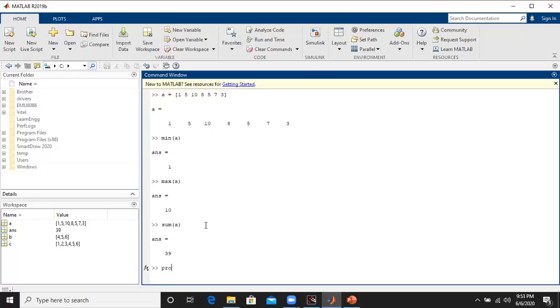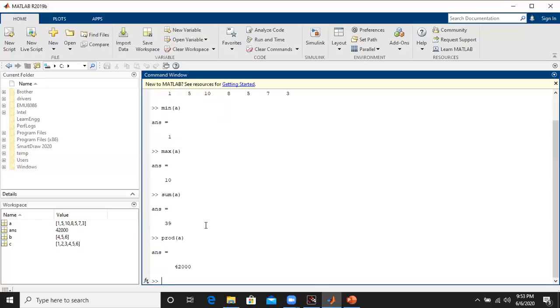Now if we want to find out the product, that is the multiplication of each element within the given row vector, so prod A, we can get 42,000. Now even if we want to find out the mean, so mean is nothing but the average here. So if you want to find out the average of the given vector elements, we have to type mean of A,